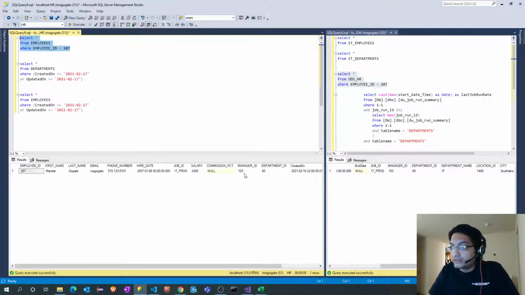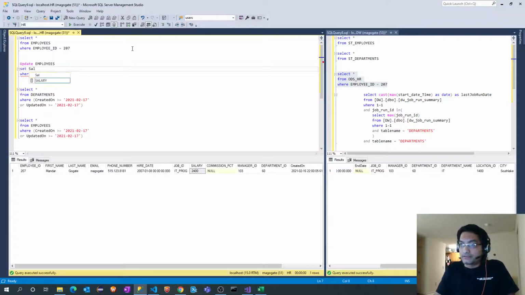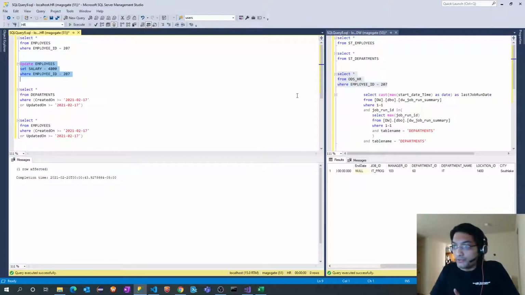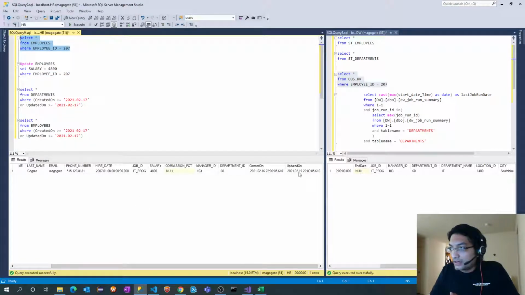Currently the salary is 2400 and I will double it. Update this, set salary equal to 4800, let's say. And I changed that salary to 4800. Updated on is still 19, so this is fine.